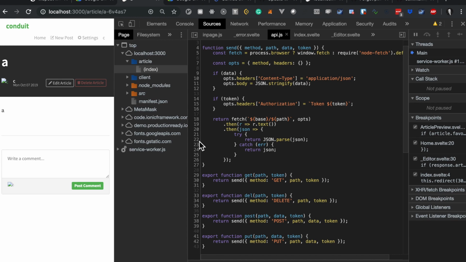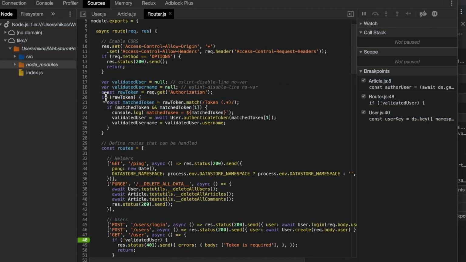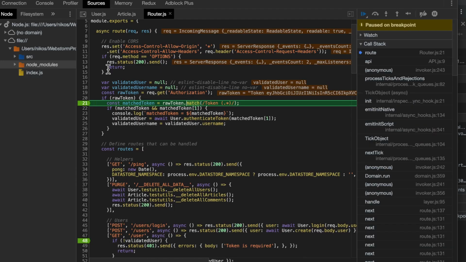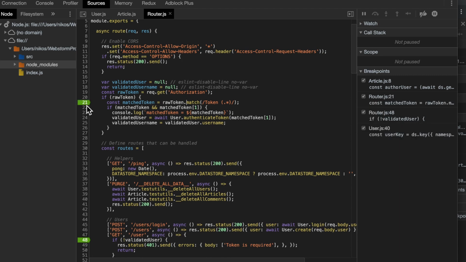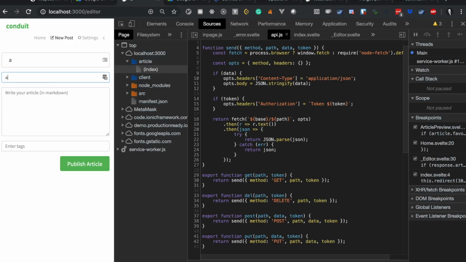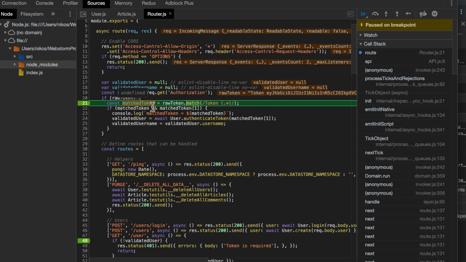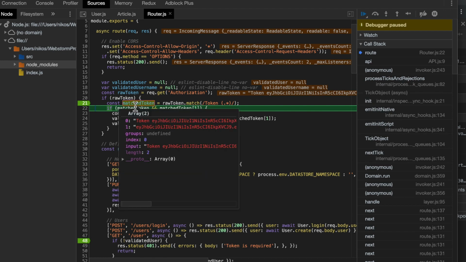And what we'll do, actually, I'll put a breakpoint because I want to prove to you that this works. We're just going to post another article, and let me just skip this because I'm doing some stuff here. We're going to show you the authentication handling, publish article, and so what it does is it gets the token, so it extracts the token from the string. 2 seconds, why is that? Okay, we've got a token here,